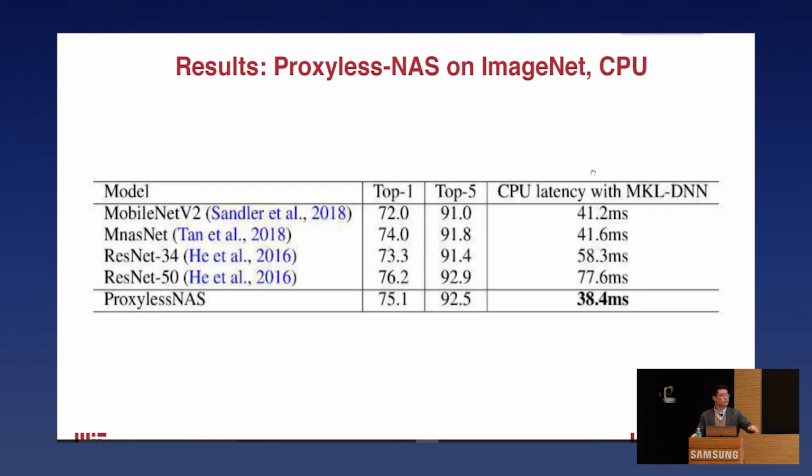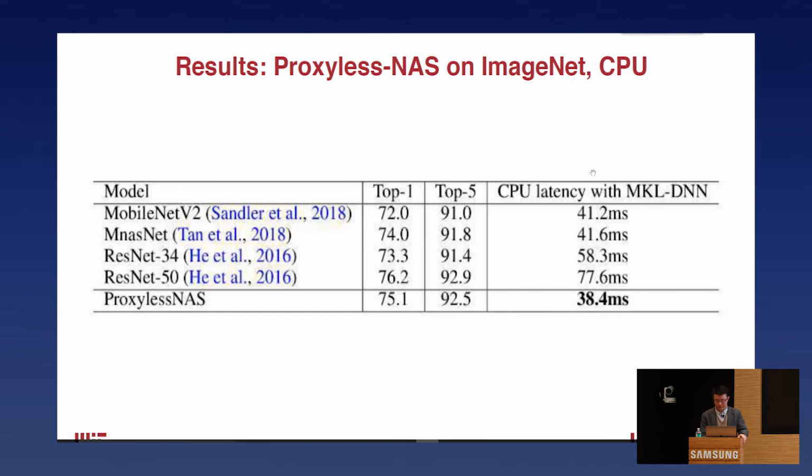So this is comparing MobileNet, MNAS, and ResNet. Compared with ResNet 34, we have about 2% higher accuracy, and the latency is reduced from 58 milliseconds to 38 milliseconds. So no matter if you are a data center workload or mobile workload, you just need to change the underlying latency model, but the search code base can remain exactly the same. So that's the beauty of this work, where we can specialize the model for